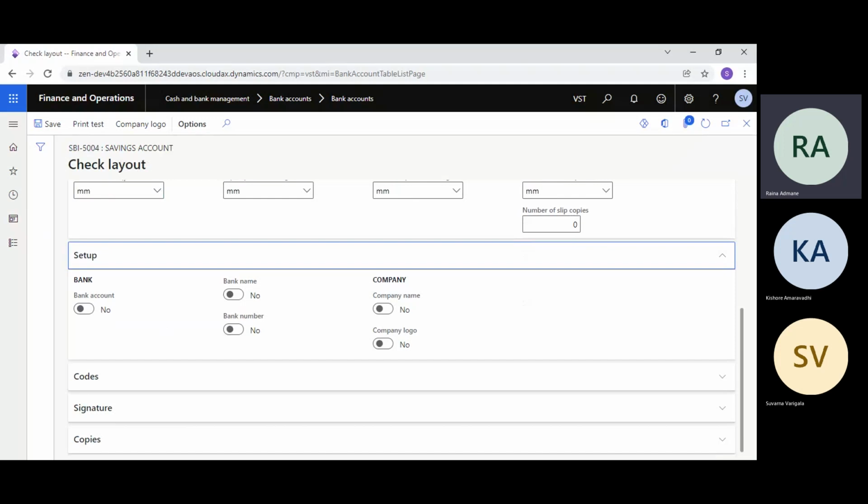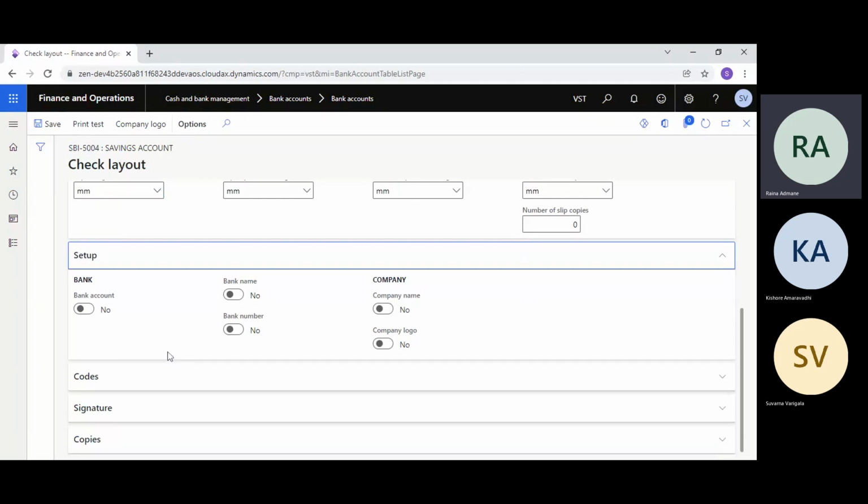But nowadays banks also give permission to print their own checks directly on a printer. In that case it is quite easy because everything gets printed, so there is no issue of alignment. And now it is slowly converting to electronic payment, so even check printing is sometimes not needed in many companies. So this is the setup you do in the layout part.